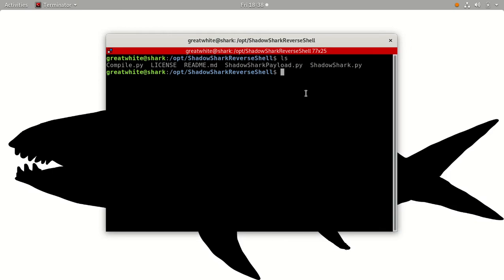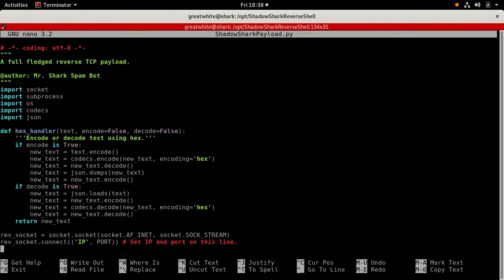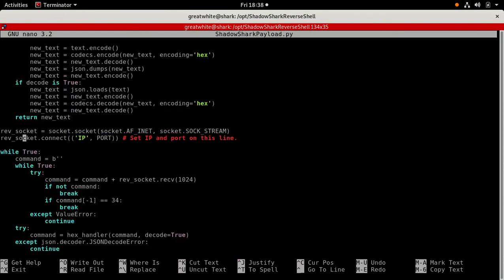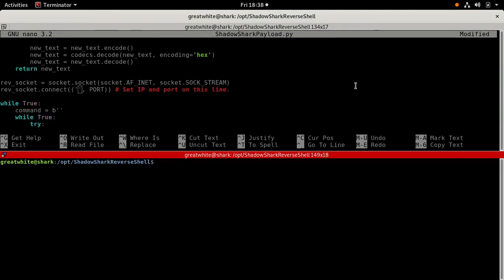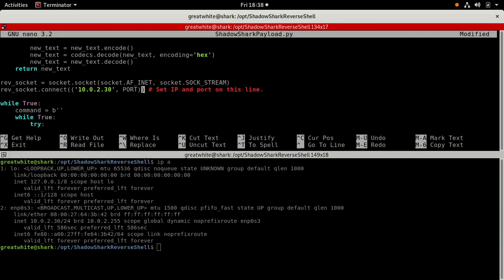So first, let me talk about how to configure the Shadow Shark payload. You could just nano into it, and make this full screen. So I need to change my IP and the port that I want the connection to be sent back to. So first of all, I'm going to check my IP, and I can do that by using the command ip a. And here we go, this is my IP. So now I'm going to set this as my IP, and I'm going to set my port to